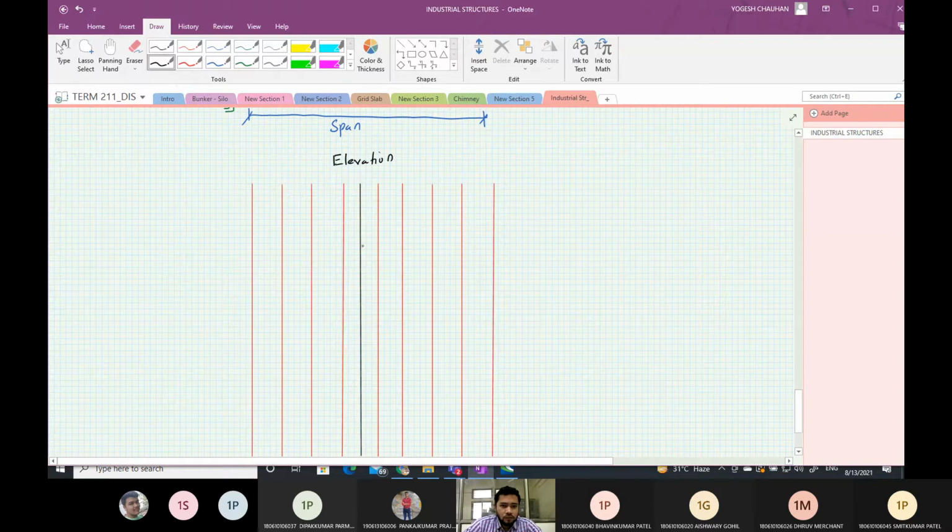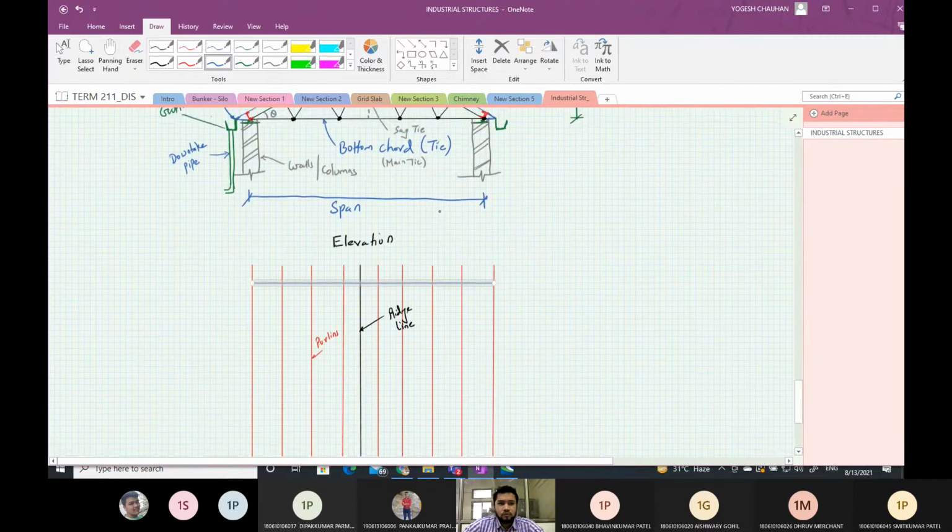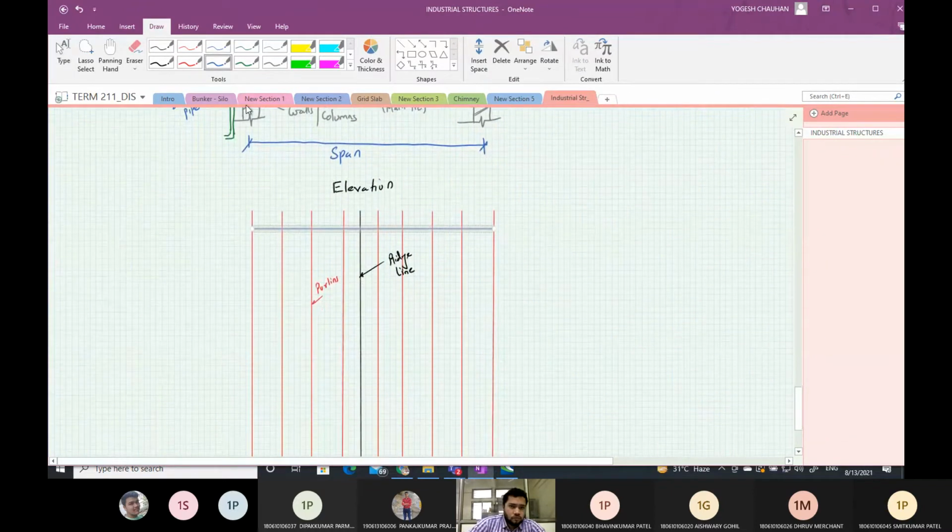This is called the ridge line. These are the purlins, and these are the trusses. We have several such trusses along the length of the shop.